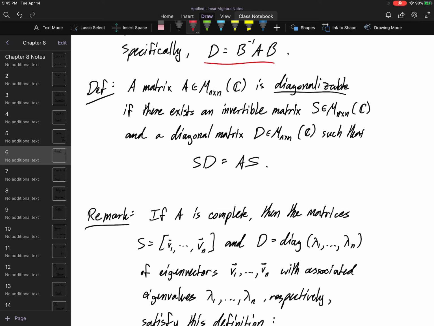Okay, so A is diagonalizable if there exists an invertible matrix, right? This S is going to equal the change of coordinates, no, totally, it's going to be from standard coordinates into eigenvector coordinates. And there must also exist a diagonal matrix D consisting of the eigenvalues of this matrix, such that, same idea